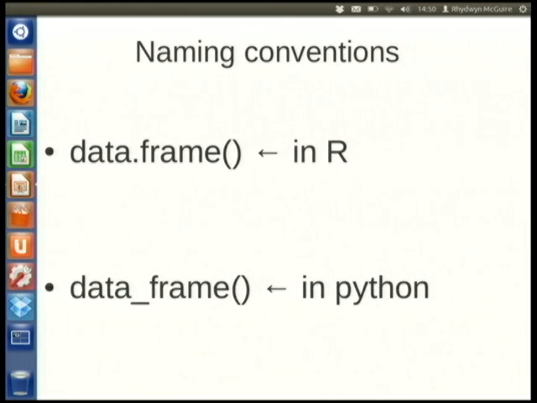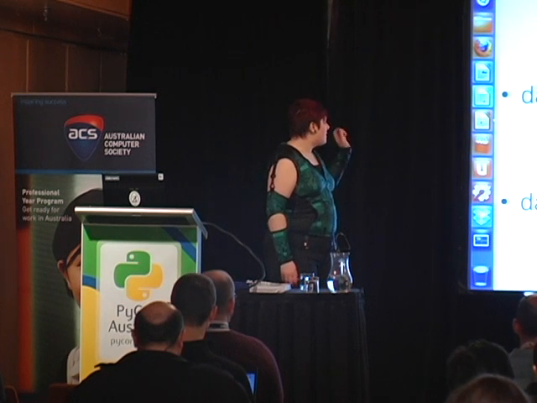When you move into Python, the dots are replaced with underscores because that's not something Python will cope with. It doesn't like you putting random full stops in your variable names. There are some libraries out there that have implemented both my function with an underscore and my function with a dot. I do not know why, but they have. If you try to import one of these libraries, you'll get a library error because your function names are no longer unique.